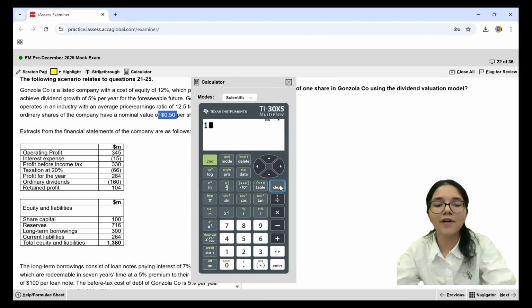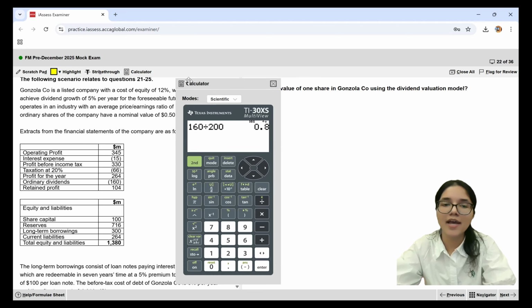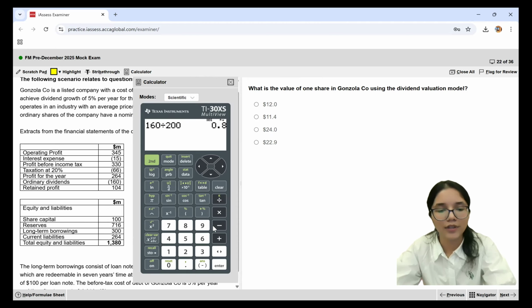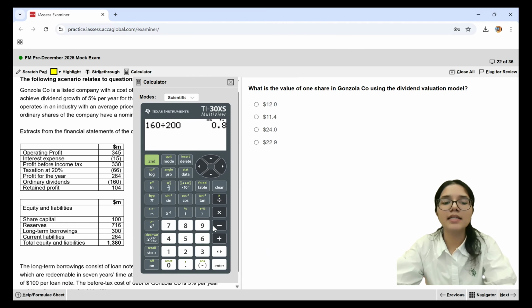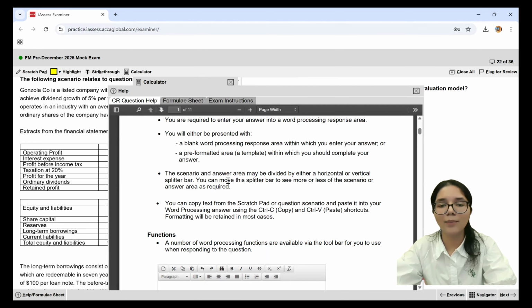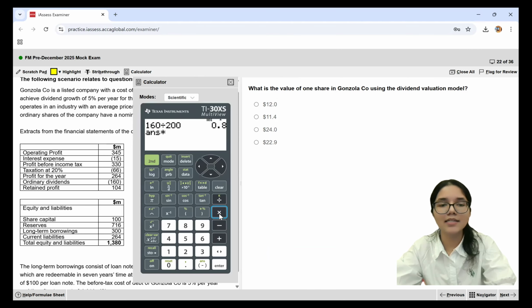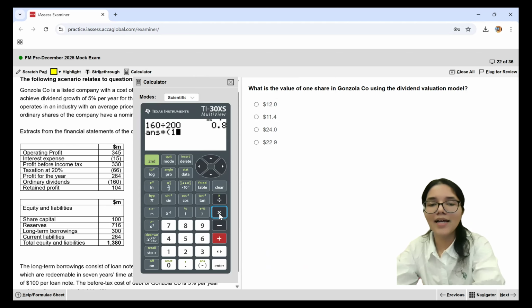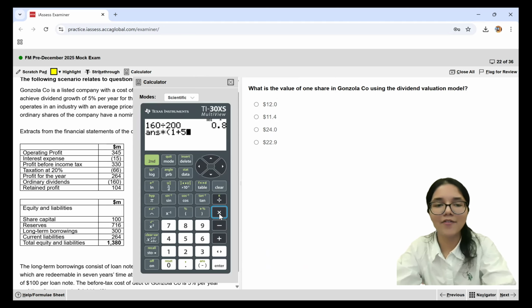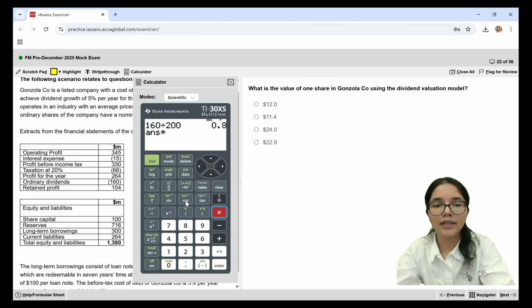So that means if 160 million was the total dividend given and 200 million is the number of shares, that means a dividend of $0.8 per share was offered to each shareholder. Now this is D0. As per the formula sheet, I'm supposed to take D0 into 1 plus G divided by the cost of equity minus G. So this is my D0 into 1 plus the growth rate, which is given to me as 5%. So what you can do is take 0.8 into